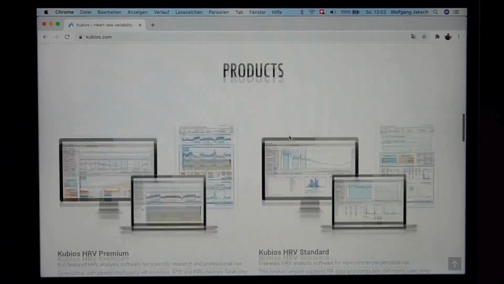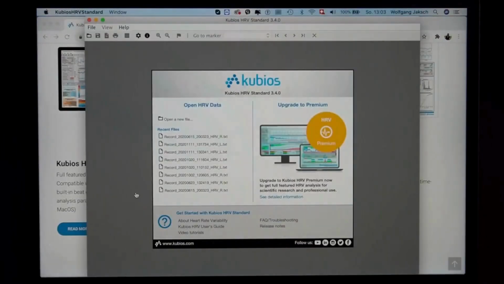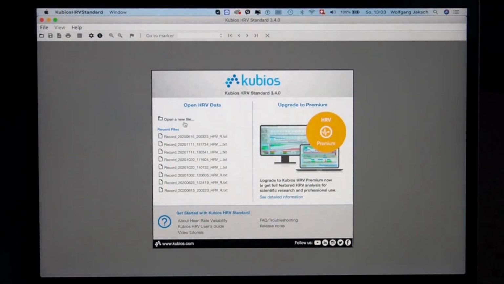When it comes to the products, the cool thing is that Kubios offers their standard HRV evaluation program free of charge. So that's free software that you can download either for Windows or Mac. And this is actually the software you would need to upload PEMF application files and evaluate HRV results. So let's see how this works. I already prepared to open the standard software. Let's make it a little bigger. So let's open the same file